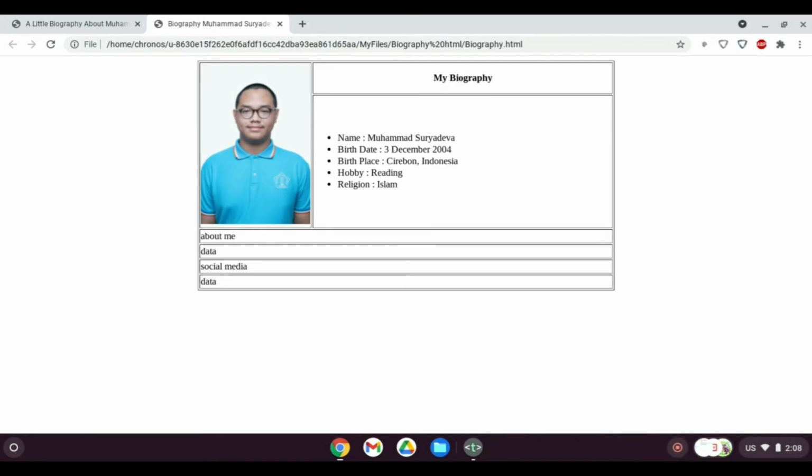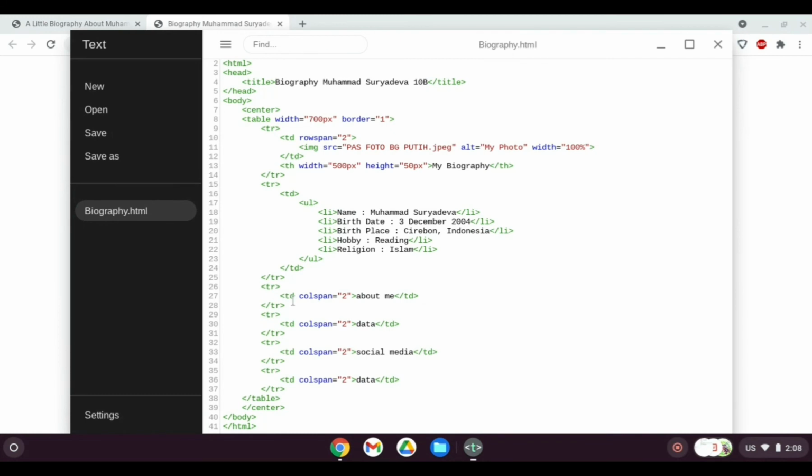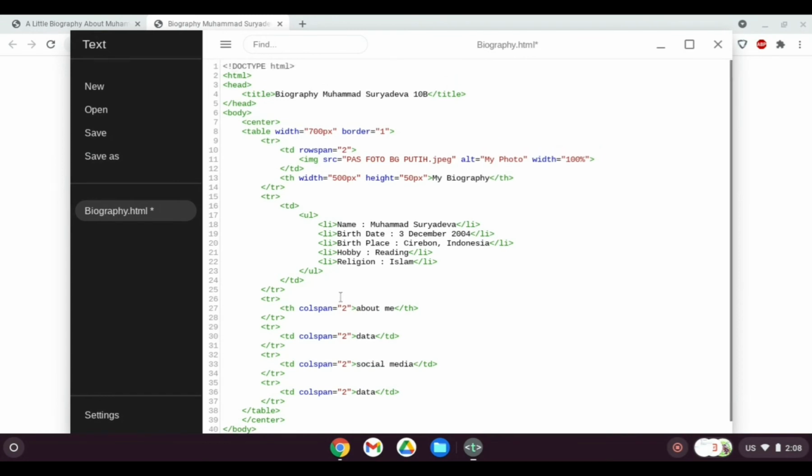So now let's work on from about me and then the data, and then after that. From the about me, I want this to be a heading, so I make it th instead of td. After that I want the height to be equal to the my biography part.